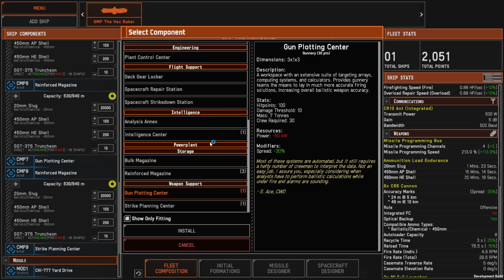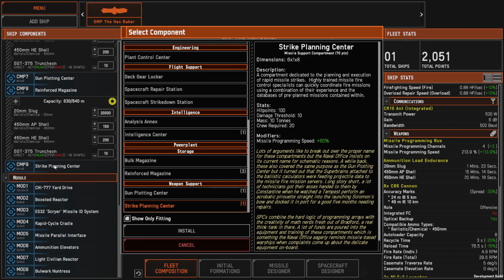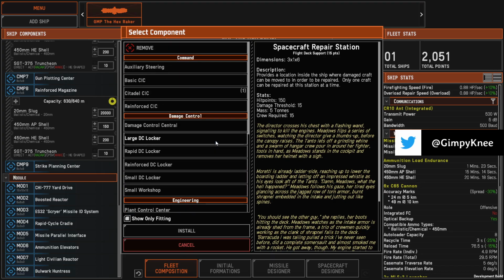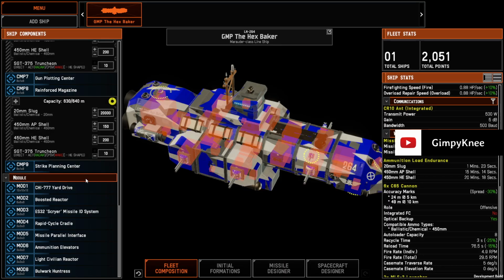Gunplotter Center. It's only 30 points. We have 2 of those. We have that too. Right, but that's the same thing. Or sorry, it's not the same thing. It's the same spot. There's a spacecraft repair station. Provides a location inside the ship where damaged craft can be moved in order to be repaired. Only one craft can be repaired at this station at a time. But I don't know if my carrier has one of those. I'll consider it in the future sometime. Anyway, so